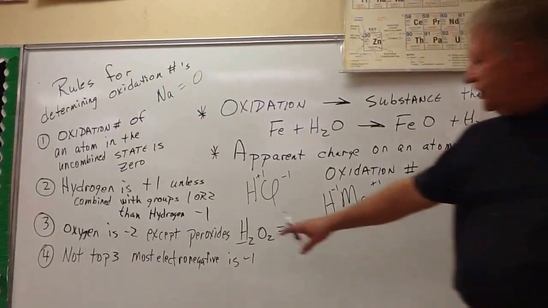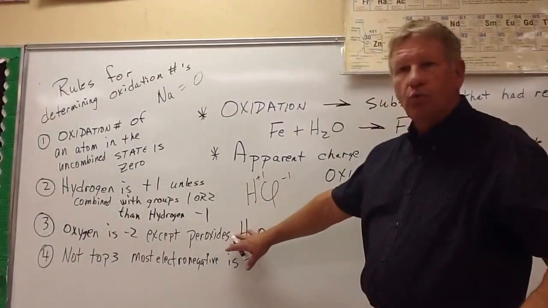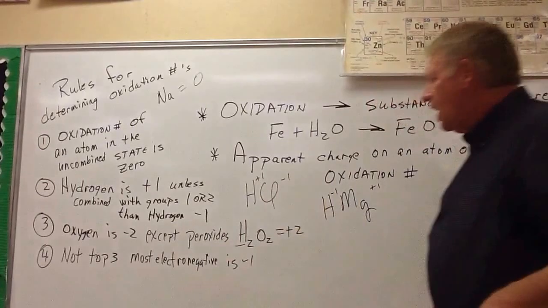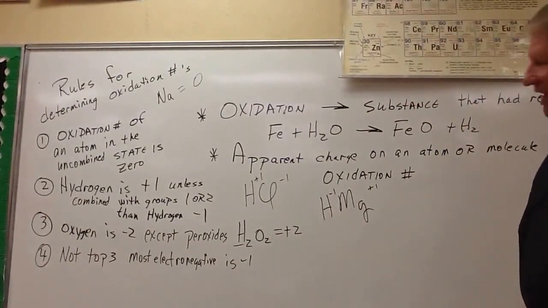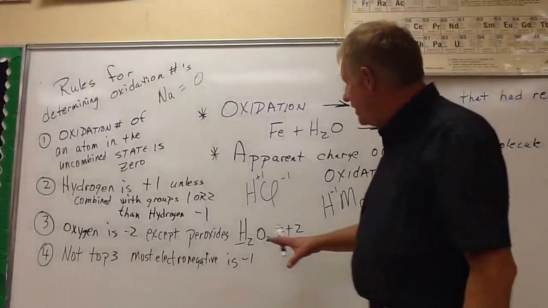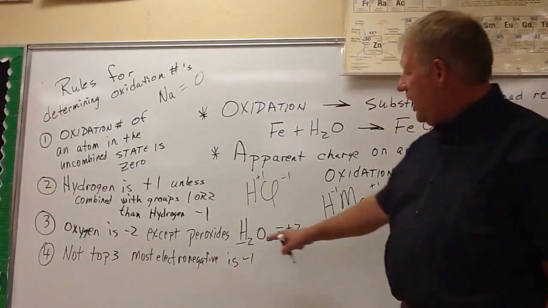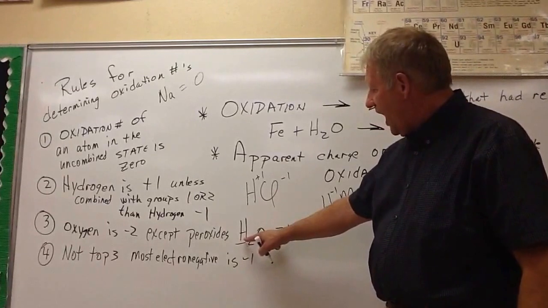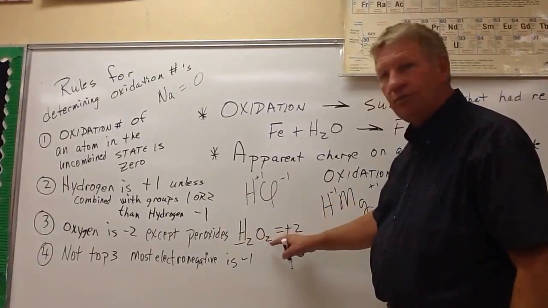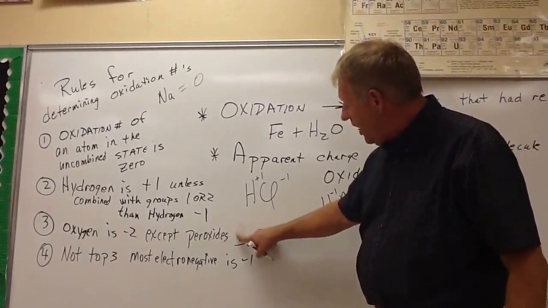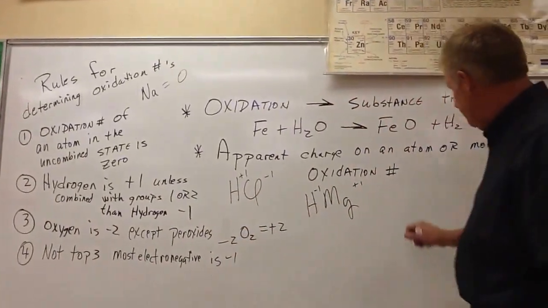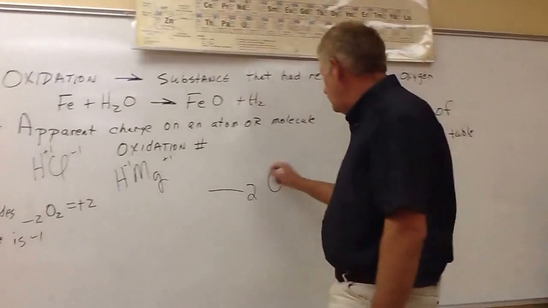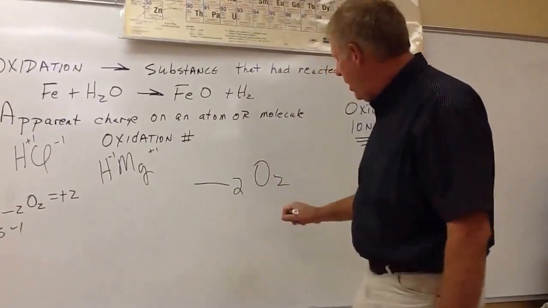So now we have oxygen. Rule number 3 is oxygen. Oxygen is -2 except in peroxides. Now, let's talk about what a peroxide is here. So this is a peroxide, hydrogen peroxide, H2O2. But I'm going to take this hydrogen off because a peroxide is anything to O2, and the name of that peroxide,